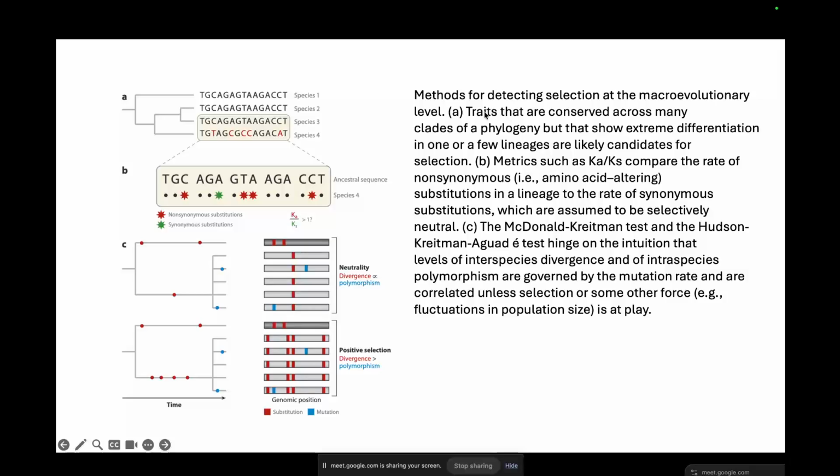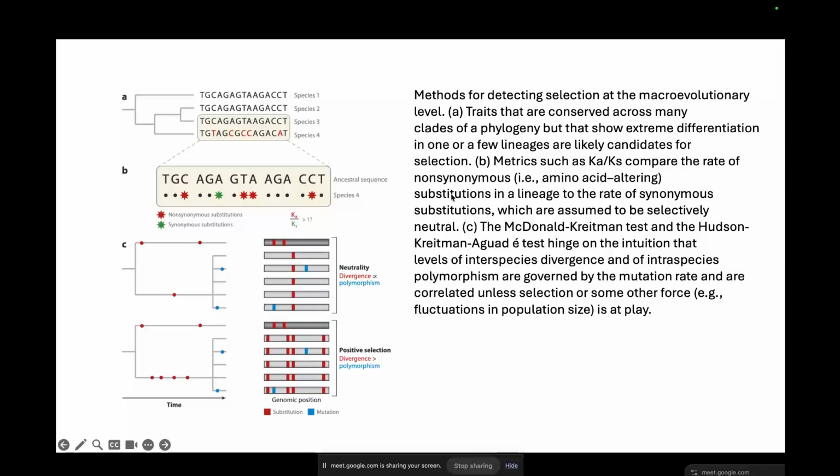These traits are conserved across many clades of the phylogeny, but show an extreme differentiation in one or a few lineages, and these are likely candidates for selection. So if you have very similar species having very similar sequences, but there is one difference, it can tell you that probably this region of the genome, or the phenotype associated with it, is going towards selection, right? Then you use metrics such as Ka/Ks or dN/dS,